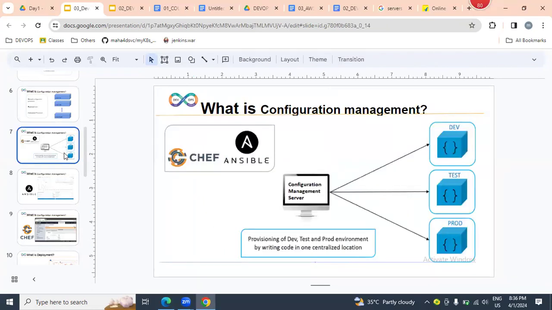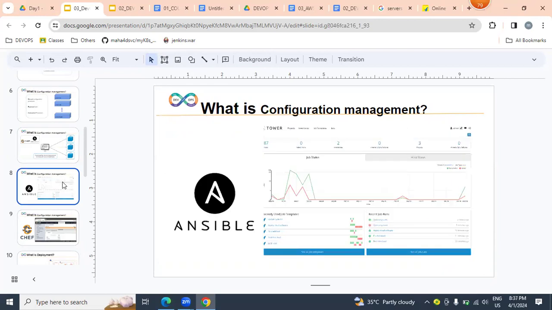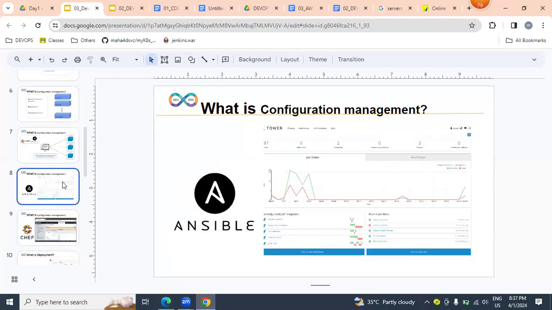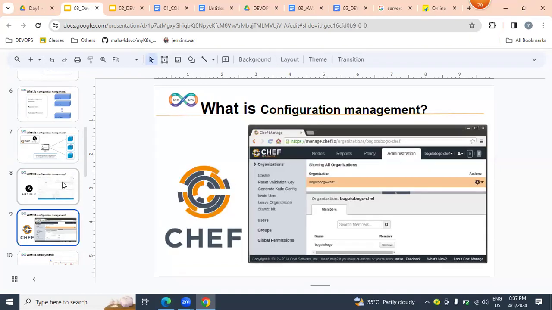But which tools are supporting it? Chef is supporting and Ansible is supporting. So by using these two tools, we can automate either the production environment, testing environment, or dev environment. Which tools are we going to be learning? These two. The first one, Ansible. Ansible is a configuration management tool that is a push model. And Chef is also a configuration management tool, but it is a pull model. So one push model, one pull model, we are going to be learning.